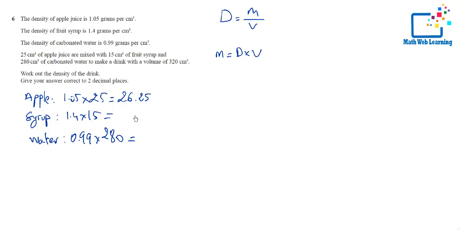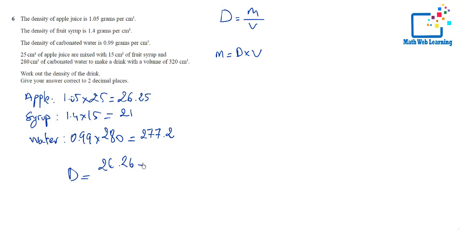26.25, that's grams, of course. For the syrup I have 21, and for the water I have 277.2. Now what's the next move? We want the density of the drink, so we're going to go back to this formula. Basically the density is going to be the total mass, so we're going to have to add all this,